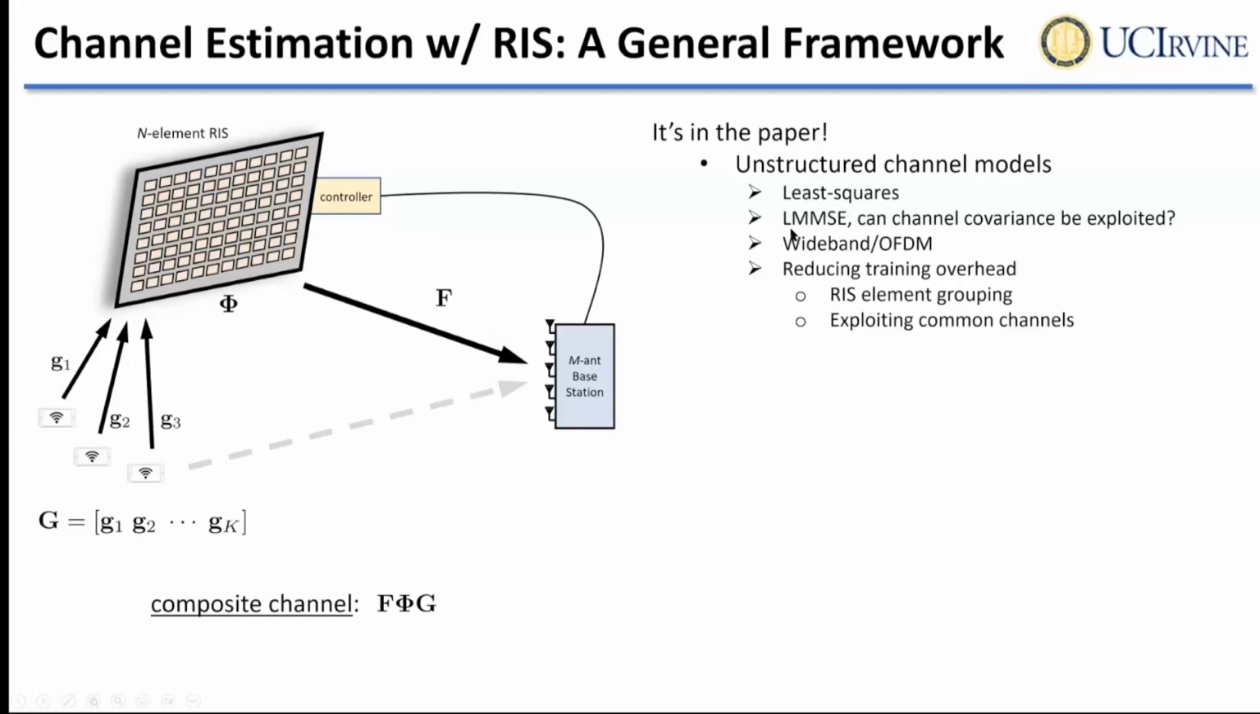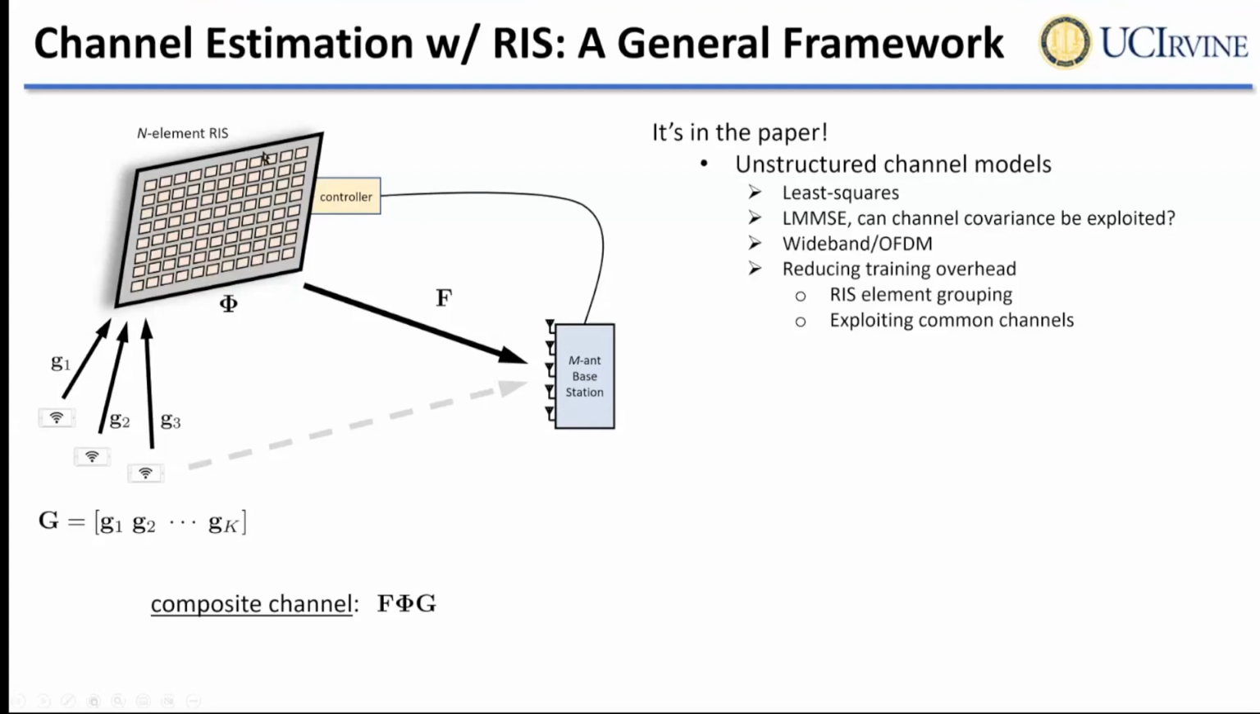We talk about alternatives such as linear minimum mean squared estimation, and some difficulties associated with using the channel covariance in these situations. We talk about not only narrowband applications, but also wideband and OFDM channel estimation. And then we discuss some methods for trying to reduce the training overhead that would normally be part of the problem. And we talk about a couple of different methods, one of them